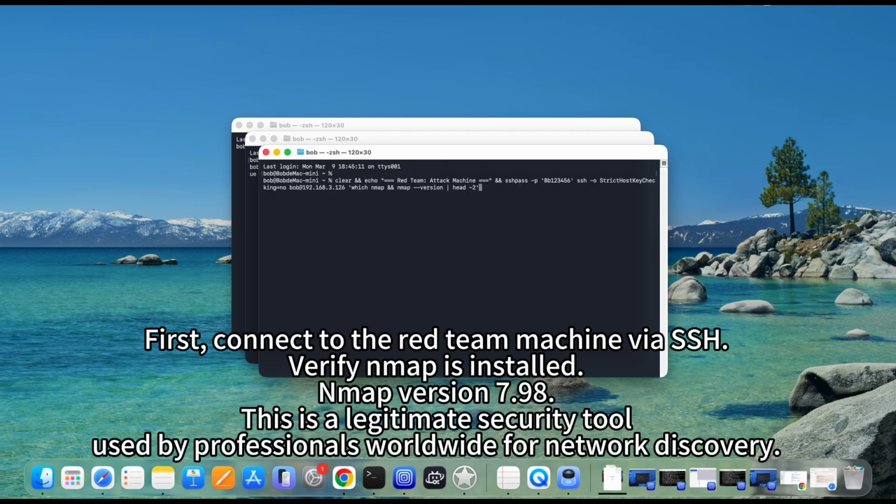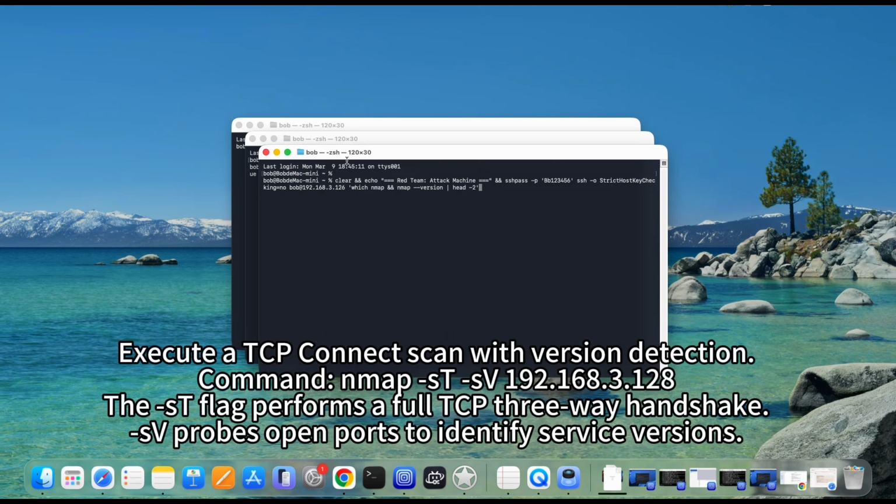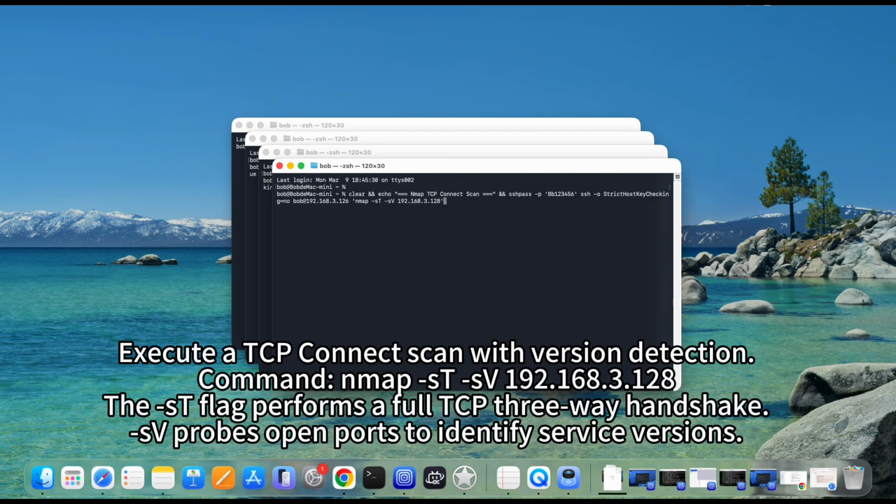Verify Nmap is installed. Nmap version 7.98. This is a legitimate security tool used by professionals worldwide for network discovery. Execute a TCP Connect Scan with version detection. Command: nmap -sT -sV target